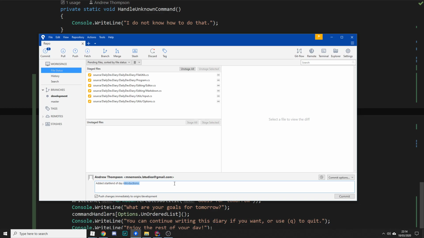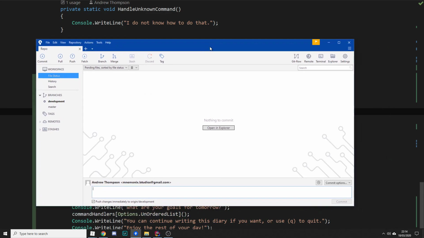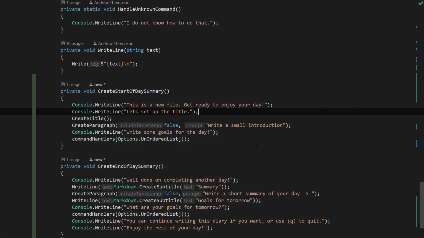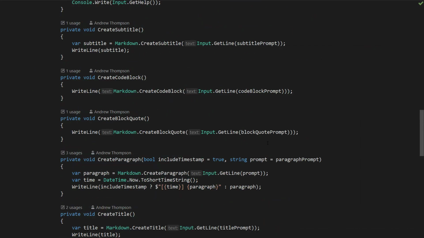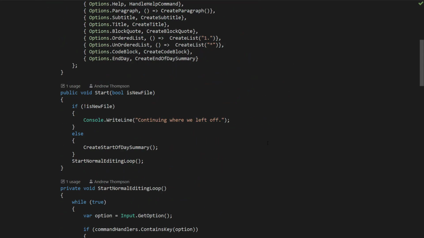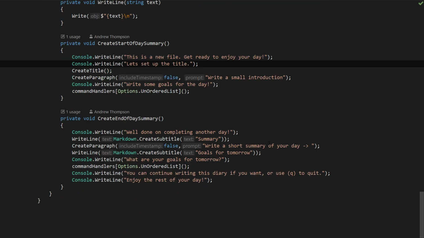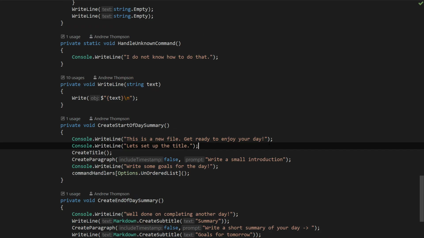Not introductions, only the start of today's introduction. Okay, it looks like we have a fully working application now. I'm sure there's things that are definitely wrong with it and there are problems with it. We may revisit it, but if you're interested or you know anything's wrong with it, why don't you fork the